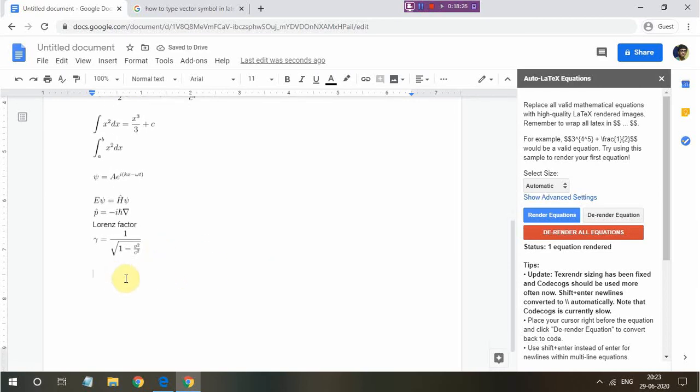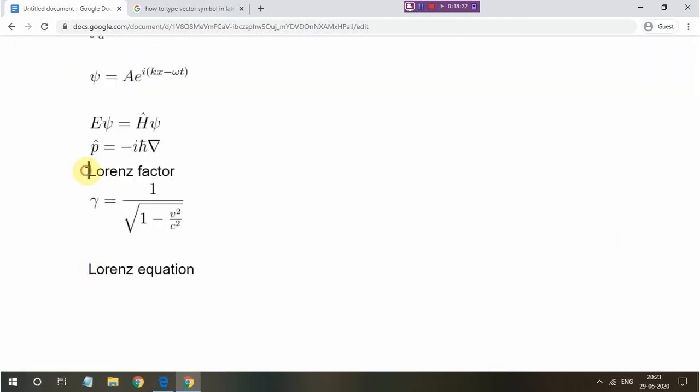And then let's use the Lorentz equation. I was reminded of this equation when thinking of Lorentz. The Lorentz equation is related to electromagnetism, and it's basically QV plus QV cross B. The QV cross B is actually a cross product. In vectors there can be dot products or cross products. So for cross products you have to show this symbol. This is not just a multiplication symbol here. This represents the cross product.